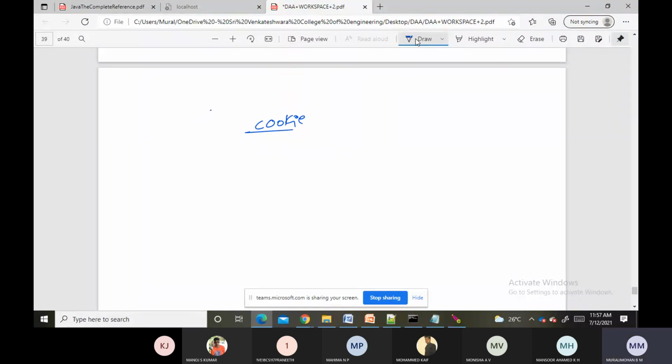It is a small piece of information that is present between multiple requests between the client and the server. We know that in a client server architecture, the client will make a request and the server will respond by processing the request. So we learned what a cookie is.